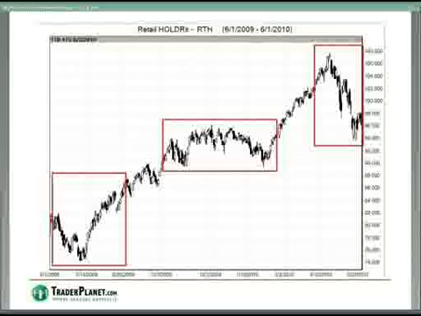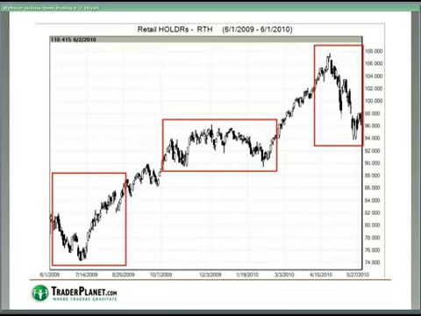Or exchange-traded funds, the ETFs, by sector. Of course, we still have to understand that a sector can go through what they did in the lows in March 2009, but there might be some reason to think that the situation would improve. So our choice is the retail holders ETF, symbol RTH. As the stock market skidded, RTH plummeted to lows around 60. By June, it had come out of the worst of that slump, and if anything was going to lift the U.S. recession, according to many market observers,